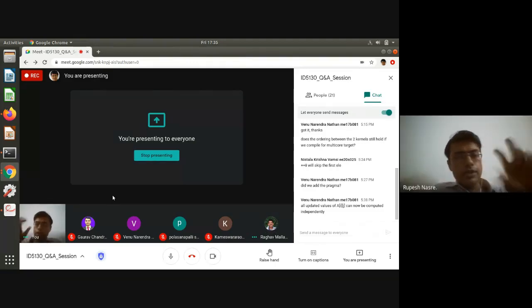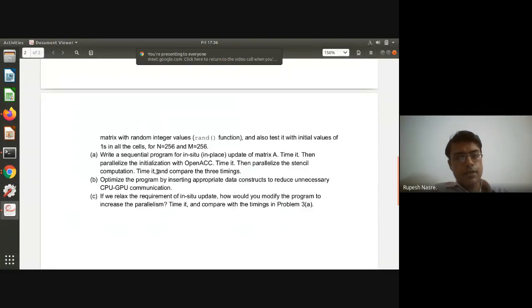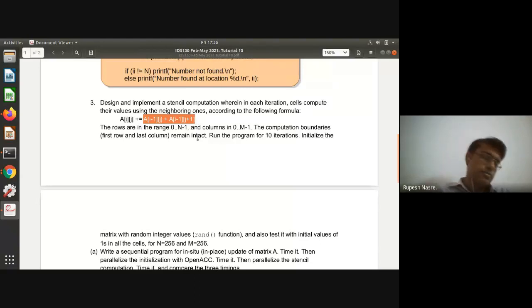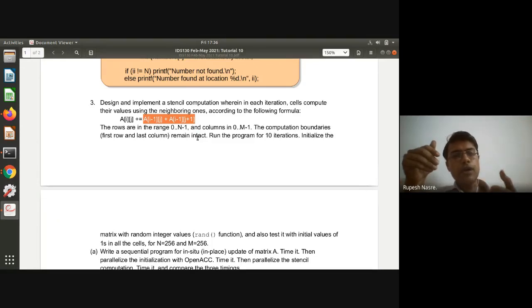Right. So we can exchange the roles of A and B as input array and output array, and that will give you more parallelism, because, as Venu has also pointed out in the chat box earlier, there was a dependence on the previous row, and therefore you can compute only the next row's elements. Next to next row's elements you won't be able to do, because there is going to be a data race while you are reading from ij and writing to ij for the current step.